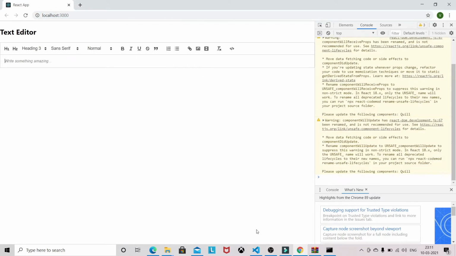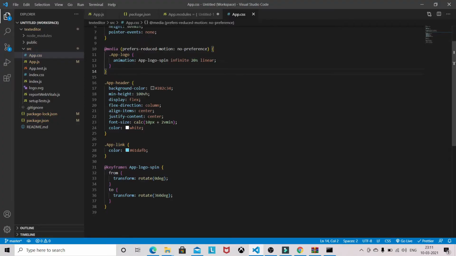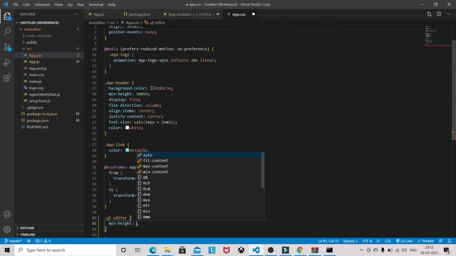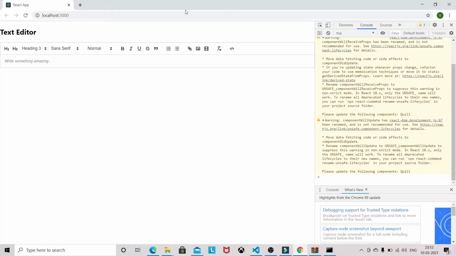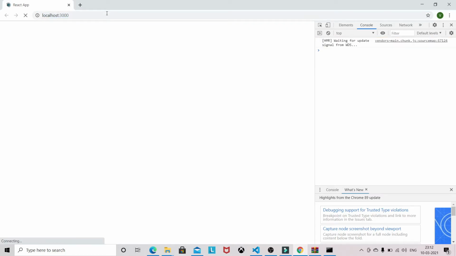You can apply one styling here. So .ql-editor, and you can give min-height 330 pixels. Now see, reload.